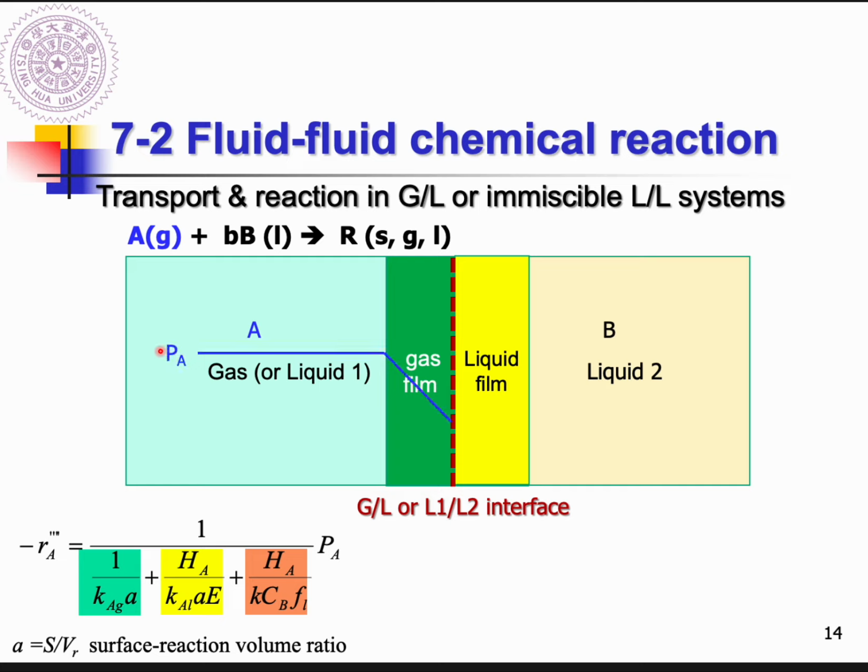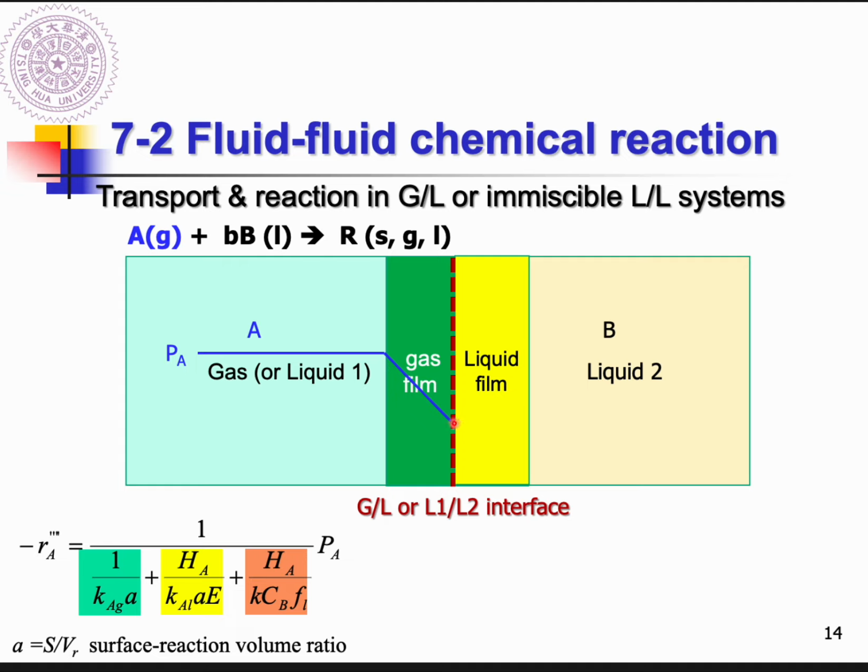The partial pressure of gas A will remain constant in the gas phase. When gas A tries to enter the film layer, the partial pressure will decrease as a function of location. But when gas A tries to enter the liquid phase here,